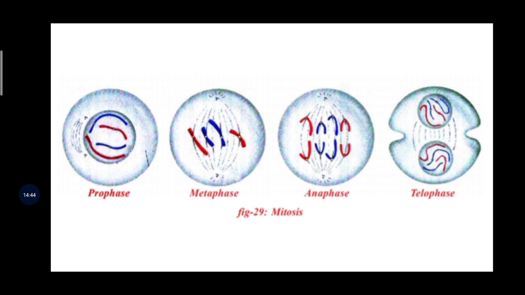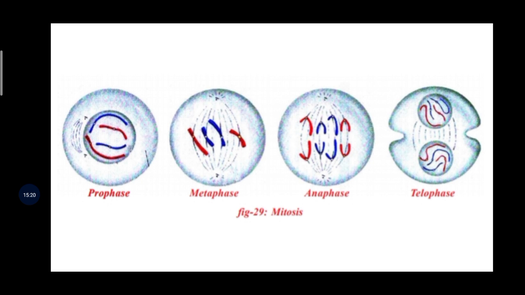And the next phase is telophase. Around the chromatids again the chromosomal material will be added and they become chromosomes. Around the chromosomes, again a nuclear membrane will be formed. And there is a small constriction of the membrane, which then deepens and divides the cell into two equal parts. After this karyokinesis, there is cytokinesis. Cytokinesis means cytoplasm division. After karyokinesis, cytokinesis follows, and each parent cell divides into two daughter cells